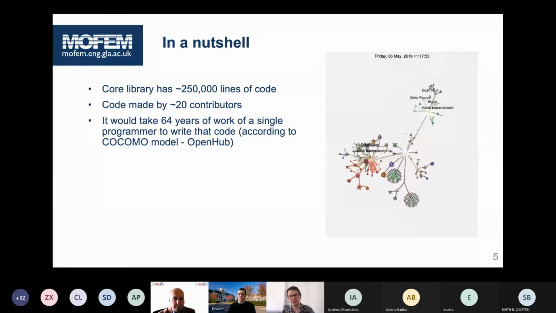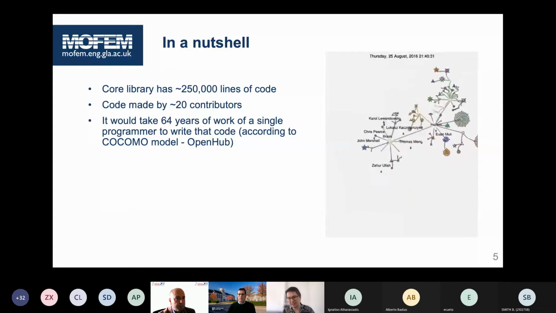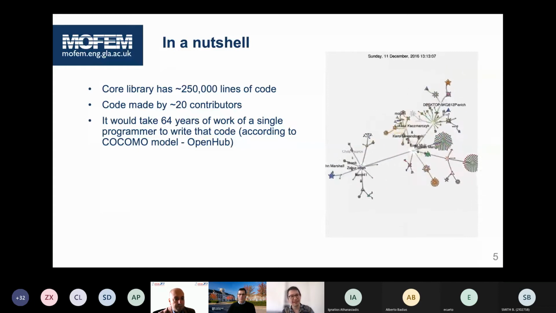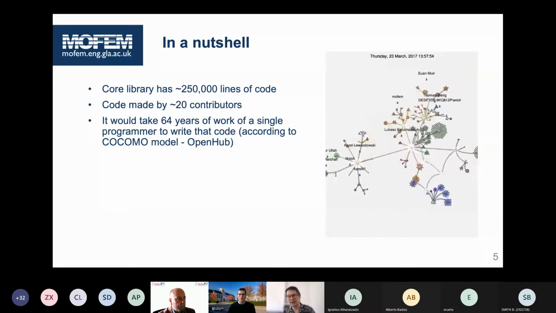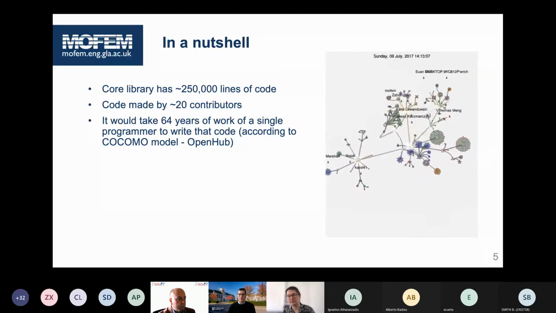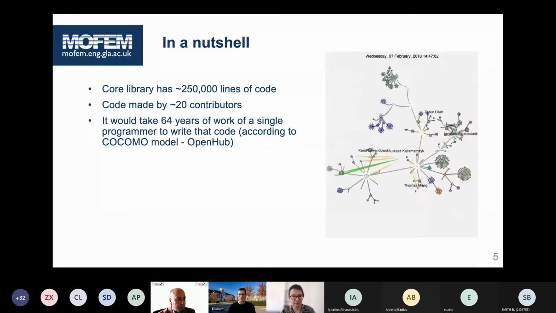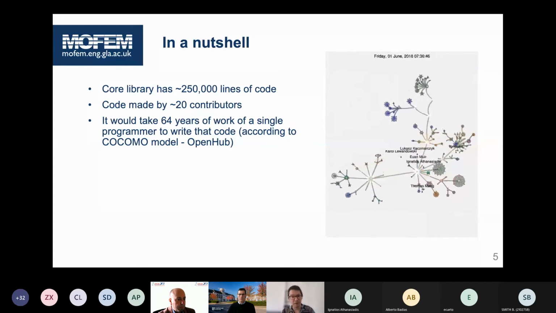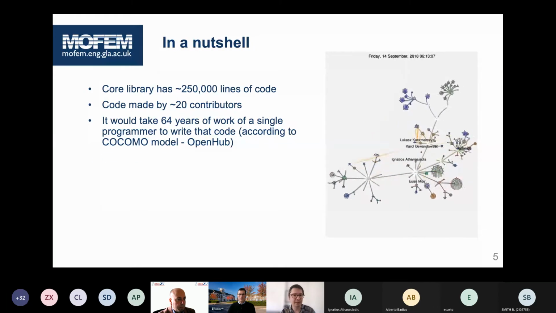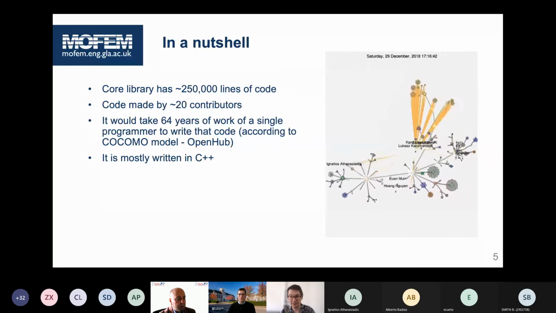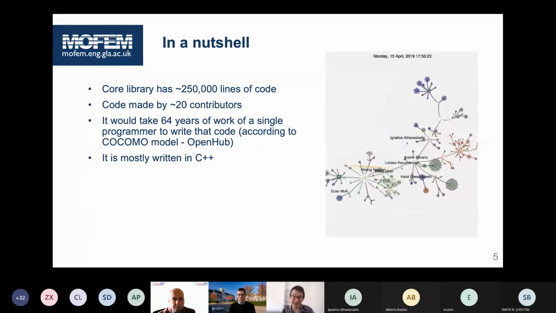If you think about that code with the tests and the validation which we have to do, for a single programmer working 5 days a week, professionally programming, it would take us 64 years to do it. So this is a large volume of accumulated knowledge. It's mostly written in C++. I know that is a steep